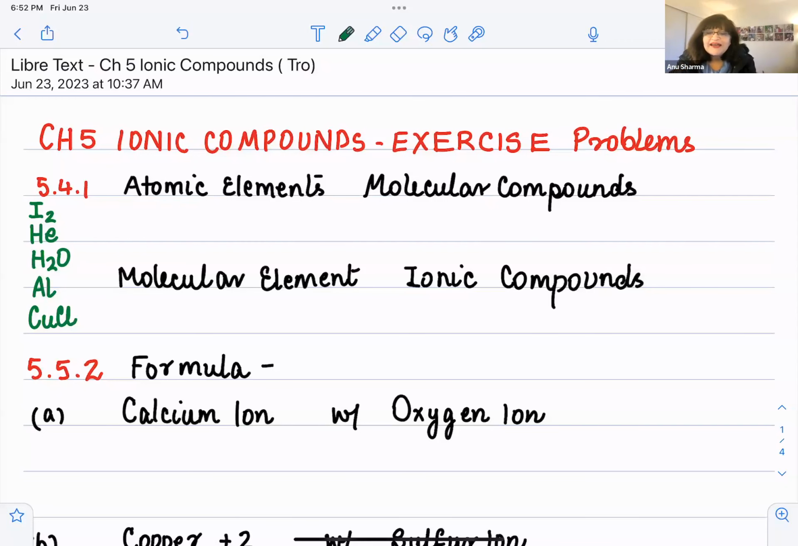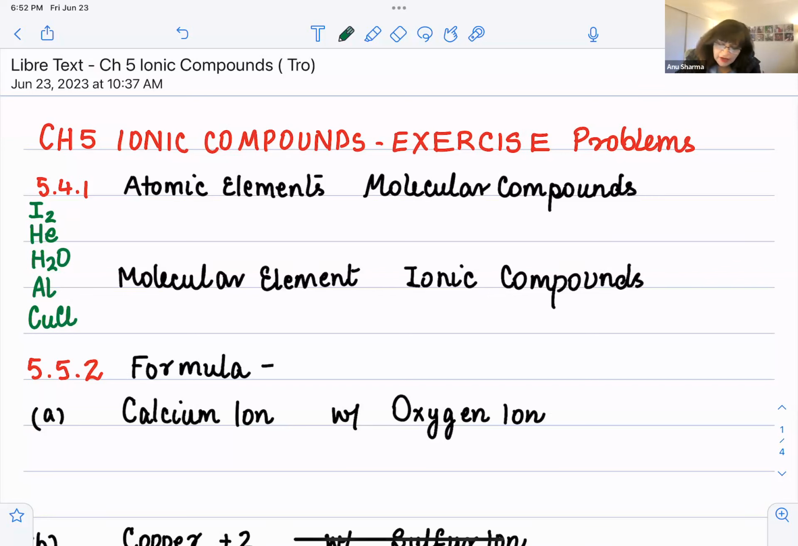Hi, guys. Okay, so let's do the exercise problems from chapter 5, ionic compounds, from the introductory chemistry book by Tro, which is on the Libre text. Okay, so the very first exercise problem is 5.4.1, and here we are given iodine, helium, water, aluminum, and copper chloride, and we're being asked to identify which one is the atomic element, molecular compound, molecular element,